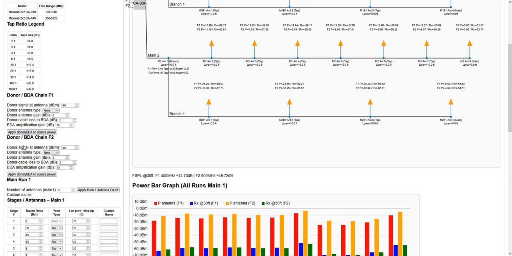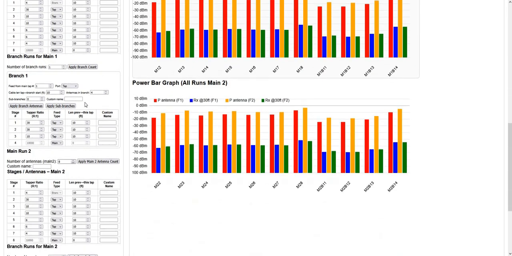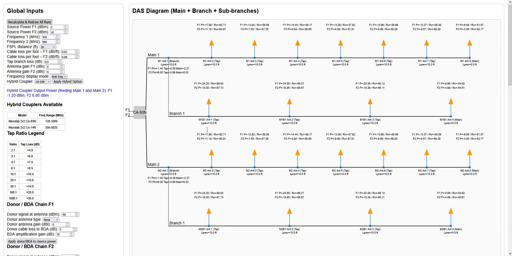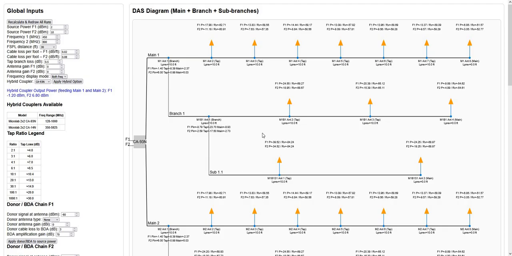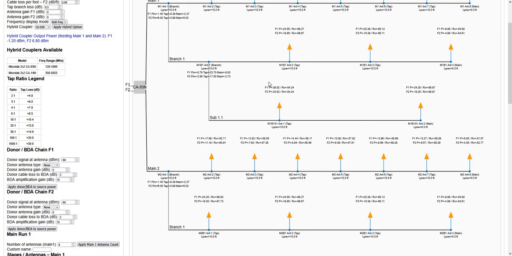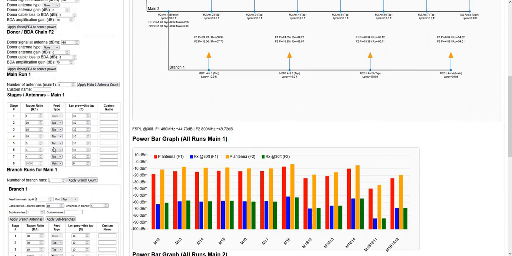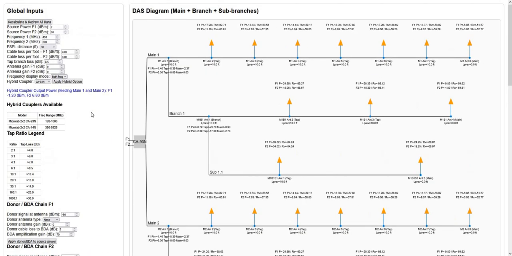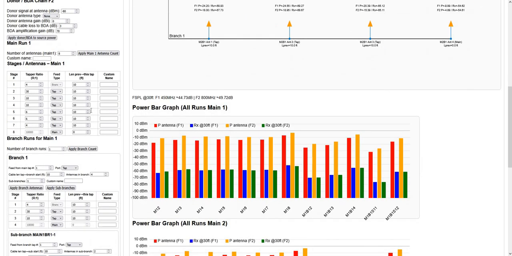So we've got a branch off of main 1, and we can apply a sub branch off of that. Not going to see it until I do recalculate, redraw, but there it is. So it's coming off of that tap. Off of the first tap on branch 1, we probably would want that tap to be another 4 to 1 to distribute the power more evenly. So we do that,